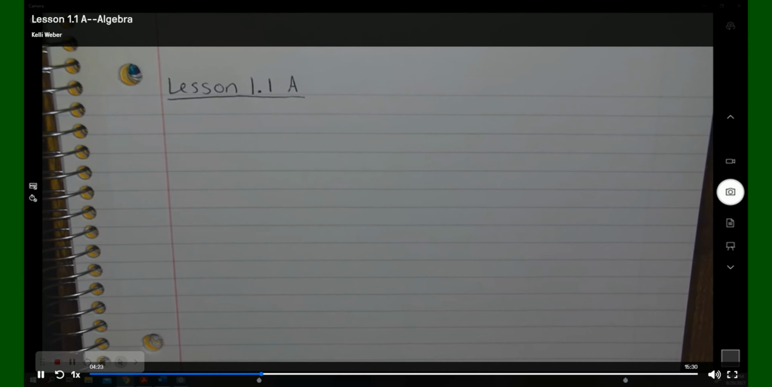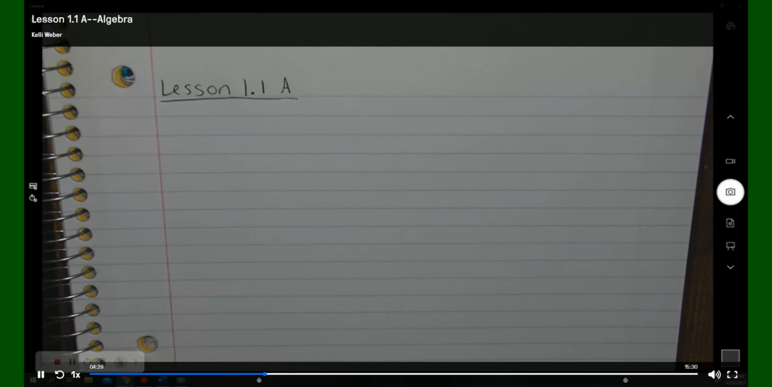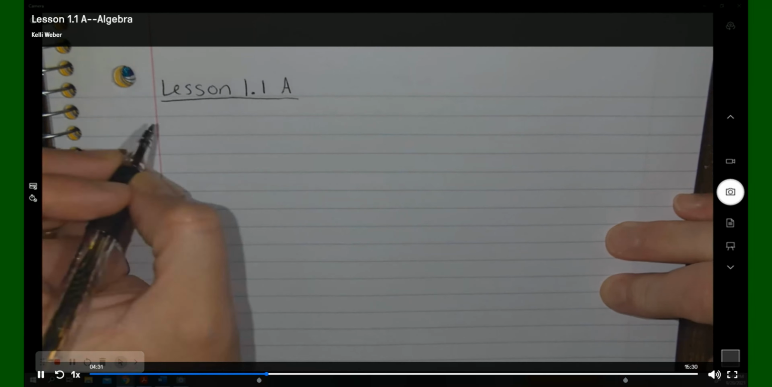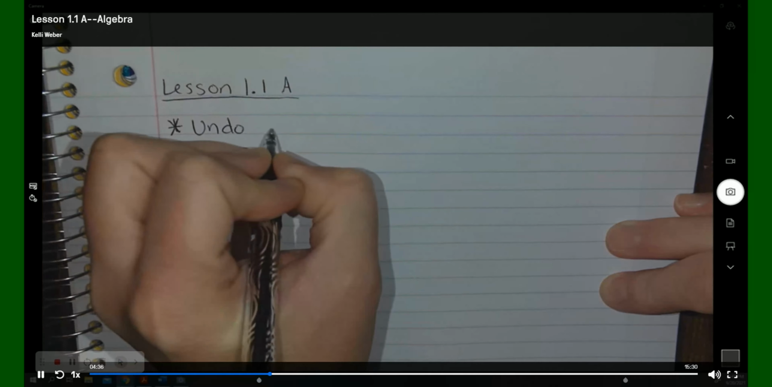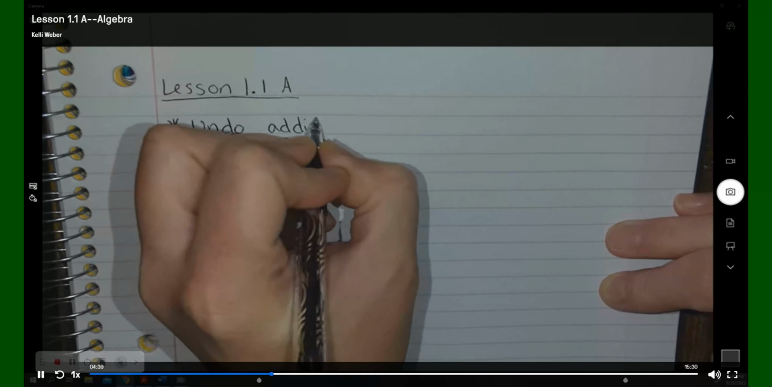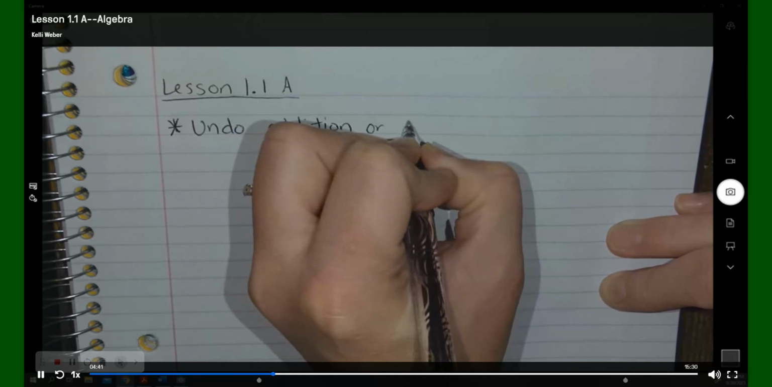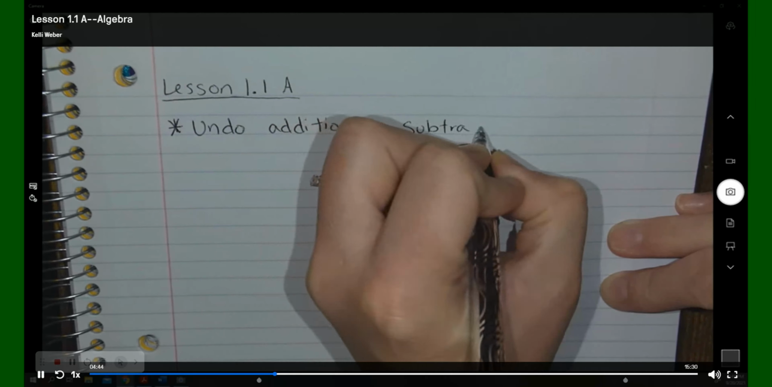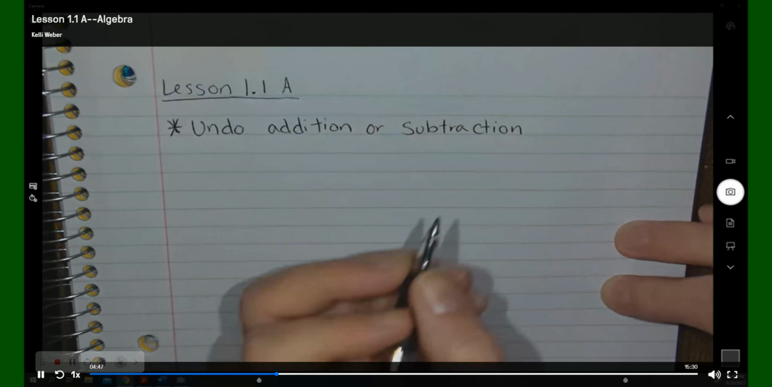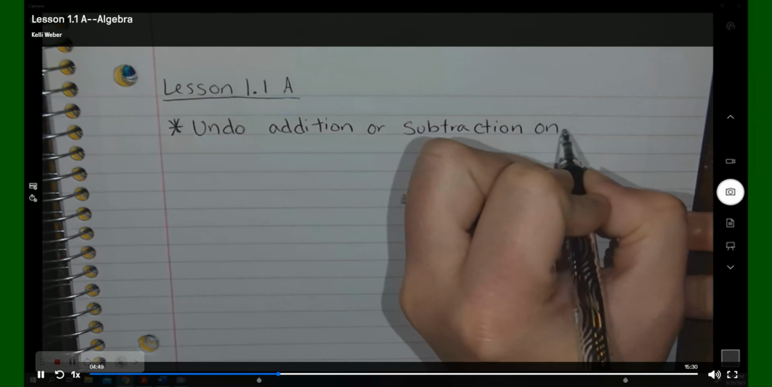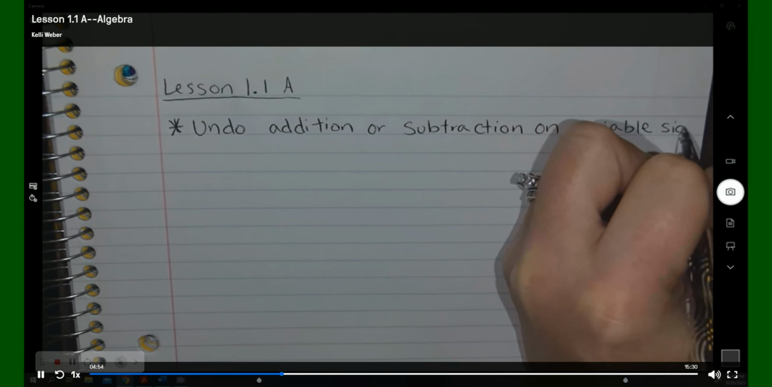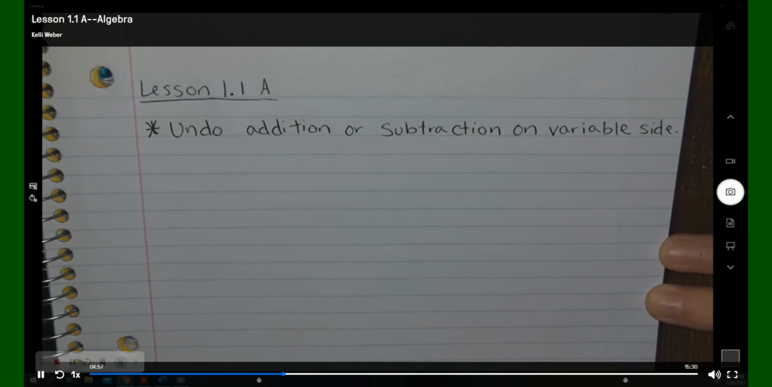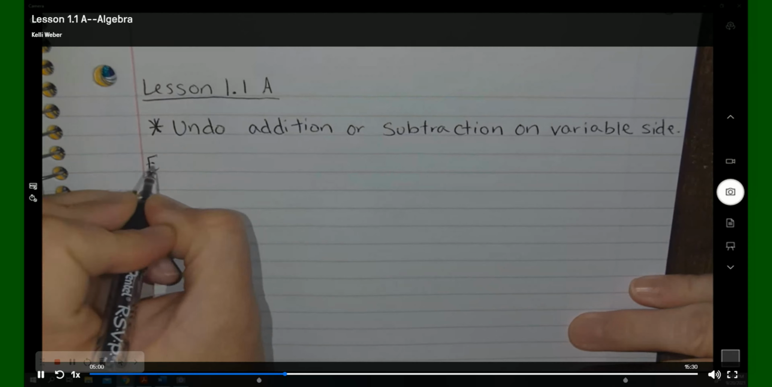All right, so when we are solving one-step equations and we're working with problems that have addition and subtraction, the first thing we're always going to do is undo addition or subtraction, depending on the problem, on the variable side. And it has to be the side of the equation with the variable, because the goal when solving equations is to get the variable alone so we can figure out what its value is. So for example 1,